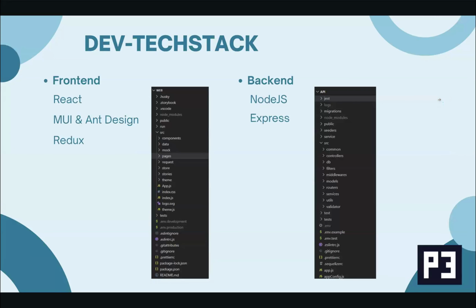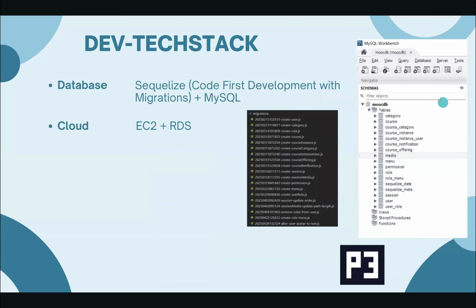And for the front end, we use React, Material UI and Ant Design for styling, and Redux for global state management. For the backend, we use Express.js with a layered architecture for our ORM and database. We use Sequelize with a code-first development approach and migration, along with MySQL deployed on AWS RDS for team development